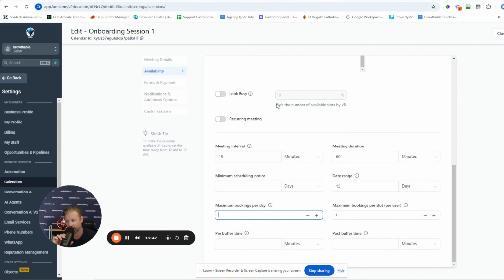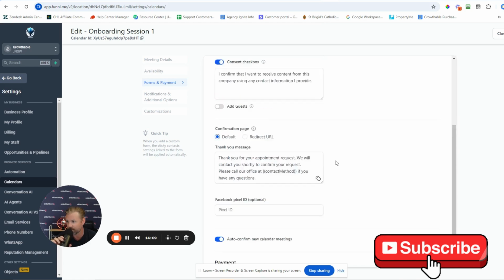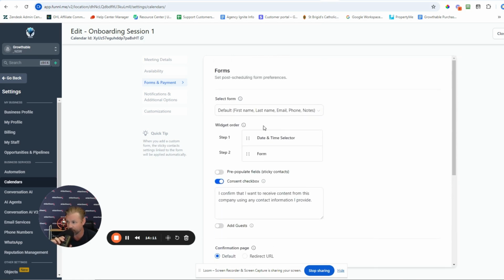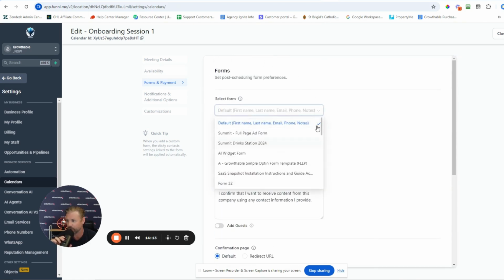However, if it is important that there are tasks to be done both pre and post call, which in a lot of cases there are, then adding those in here would give you some sense of control. But I think the duality of using the interval plus the duration gives you enough control, but each to their own on that one. Moving through to forms and payments, of course, it's super easy to just use the default form,